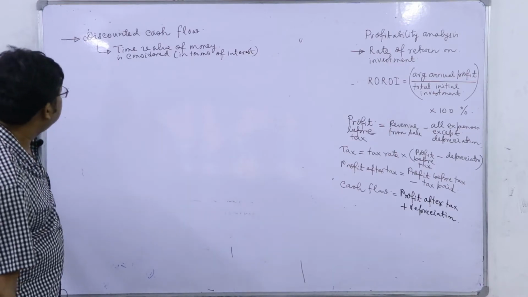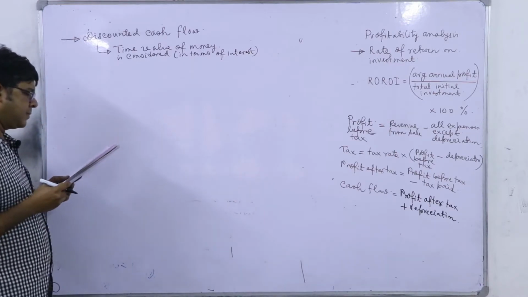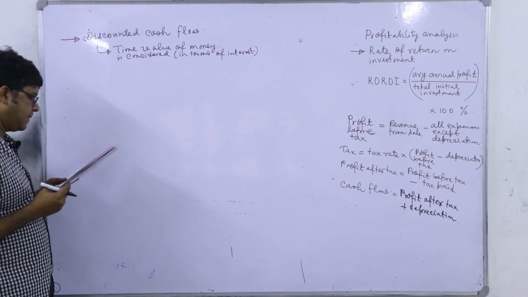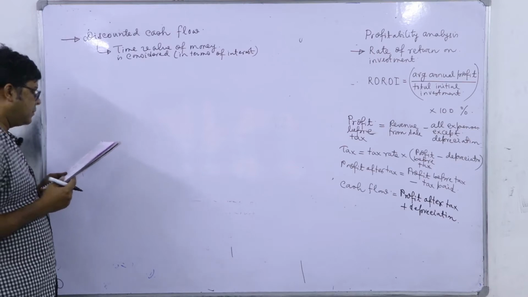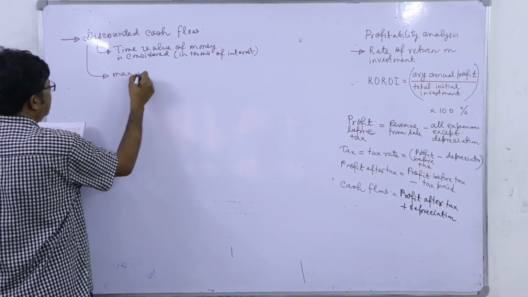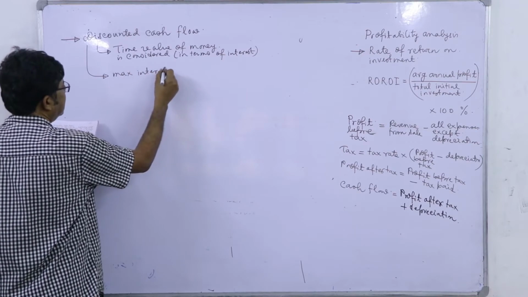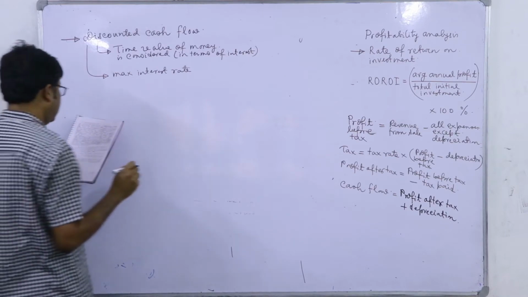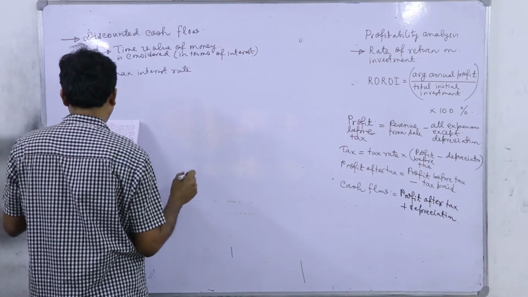Right. So here, what is this discounted cash flow? By definition, it is the maximum interest rate. Let me write first the precise definition. The maximum interest rate